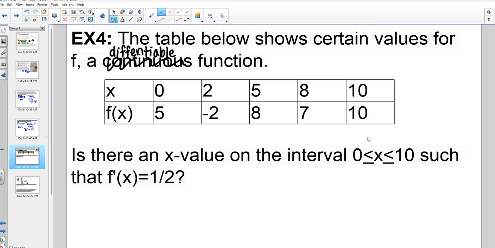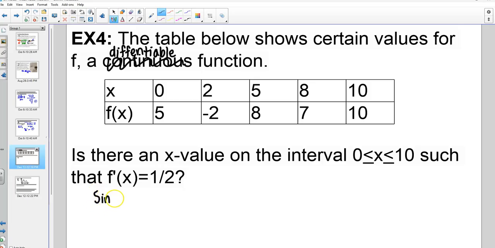Because the slope between 0 and 10 might not be 1/2, but the slope between 0 and something not on here, like 6, might be 1/2. So you can't give a conclusive no to this question, but you can give a conclusive yes by applying the mean value theorem. So in this case, you're kind of having to prove that the mean value theorem applies for this case, right? So since they have said that this function is differentiable, you do need to state that